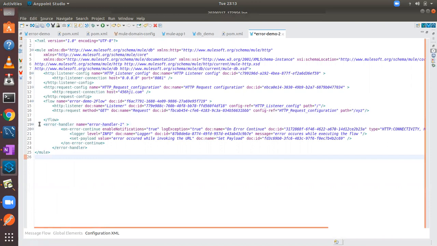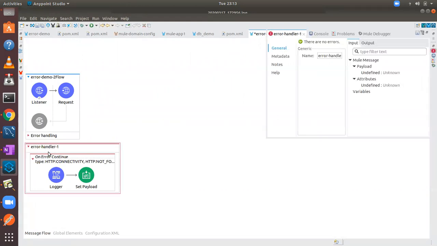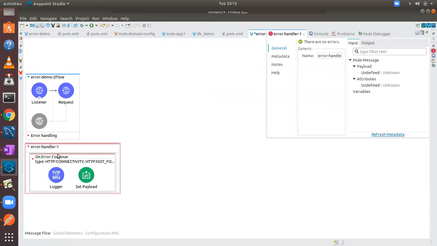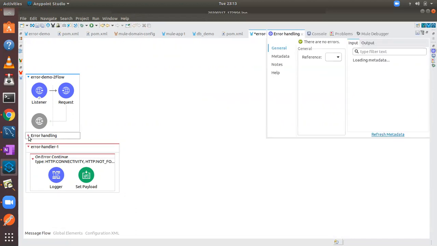So create one error handler. See, now the error handler is down over here. This is the error handler, and it contains one error handler scope, right? And in the flow there is no error handler now. So what I'm doing is I want to refer to this error handler in the flow.